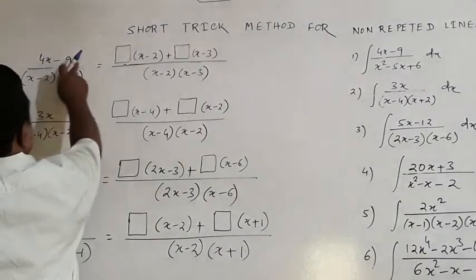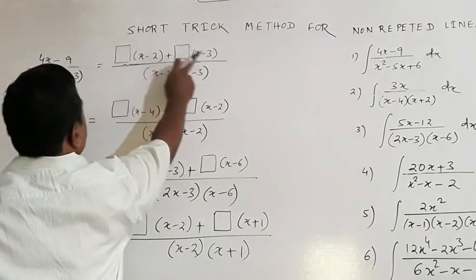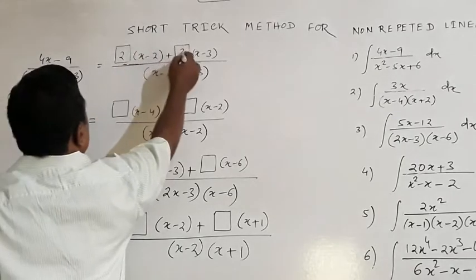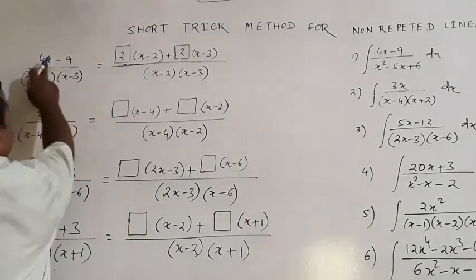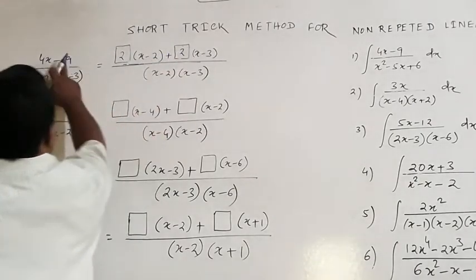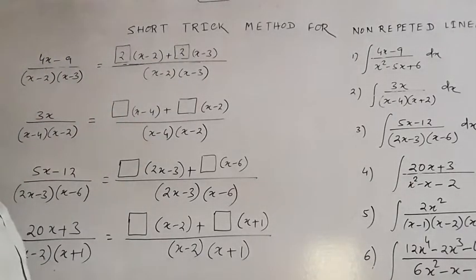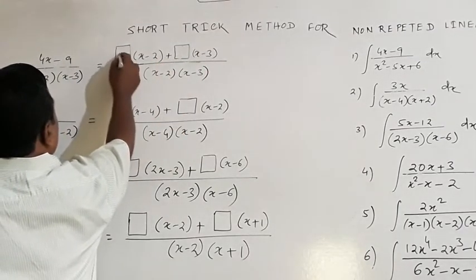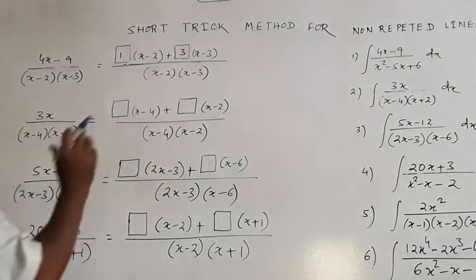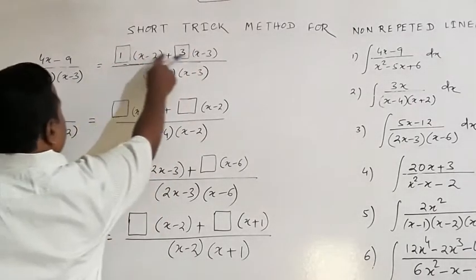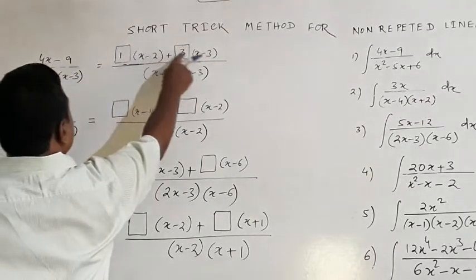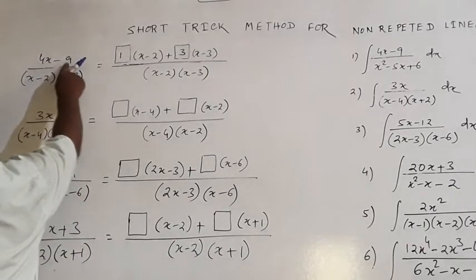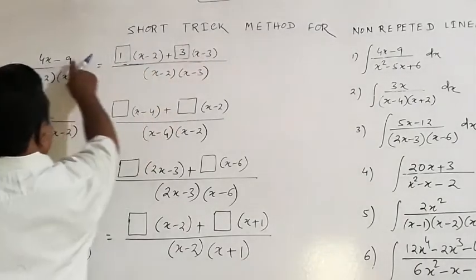It is 4x minus 9. If you take 2 here, look, 2x, 2x, it is 4x. But it is minus 4 minus 6, it is minus 10. So this is not the answer. Now if we put 1 here, 1 here, 3 here, this is hit and try. If we put it here, it is x plus 3x, 4x, but it is minus 2 minus 9. Again it is minus 10, sorry, minus 11, but it is minus 9 there.